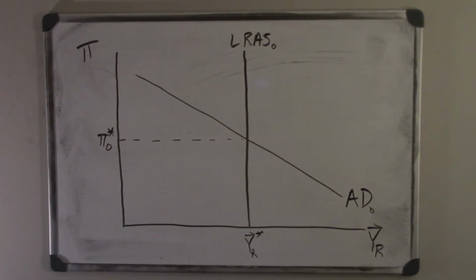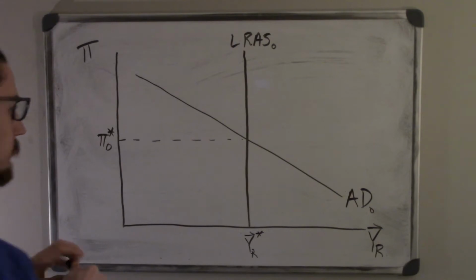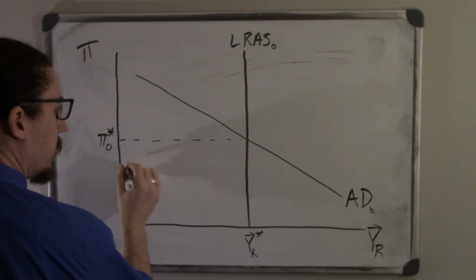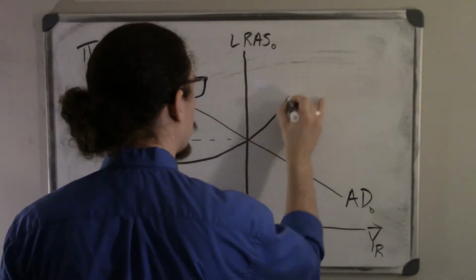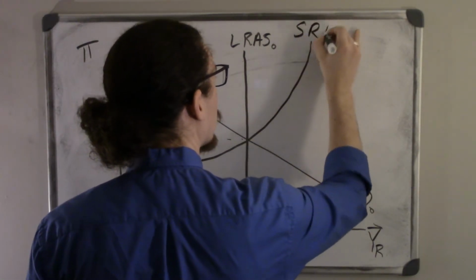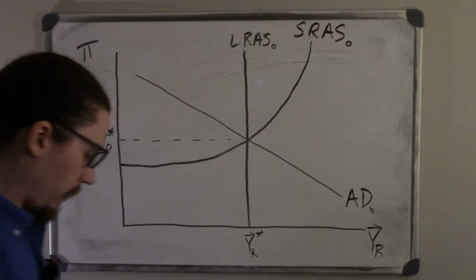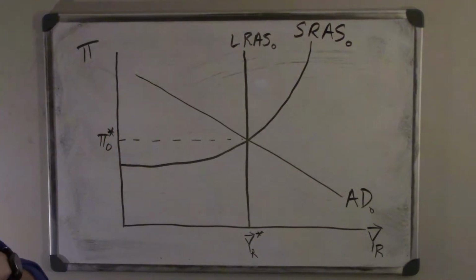So I've already put up our baseline here. Oh, I forgot something, didn't I? I forgot the short run aggregate supply curve. All right, now we have it. So now this is our base starting point, a long run equilibrium,